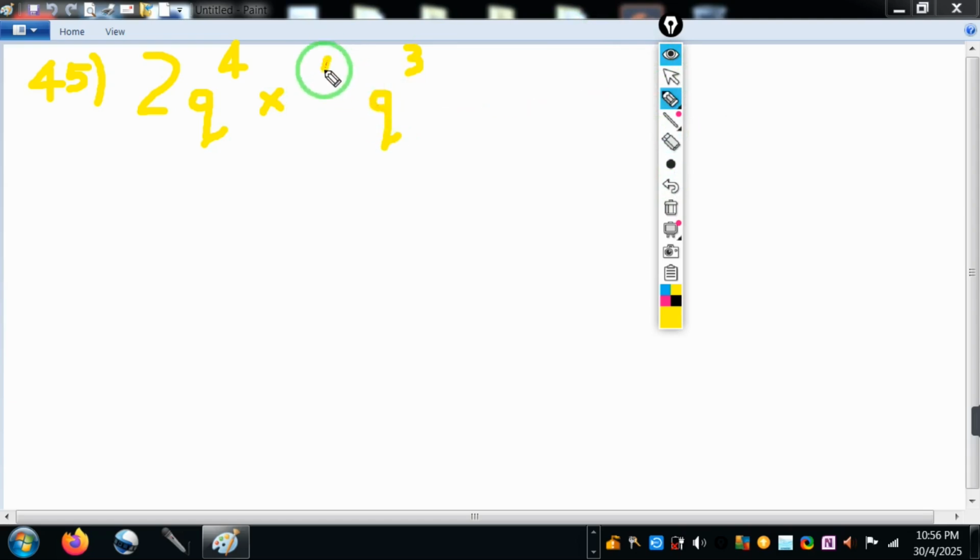Alright, check again. Number 45 is 2q^4 times 5q^3, meaning 2q to the power of 4 and 5q to the power of 3. Very simple, just multiply the numbers only. Numbers, take care of the numbers first. Actually, there's this one: signs, numbers,